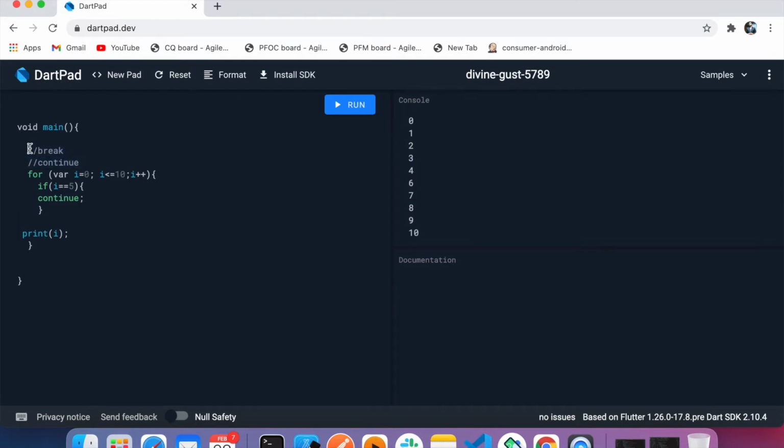So now the basic meaning of break is to break the loop, and continue means to continue the loop. If you're using break, it will break the loop when the condition is true, and it will stop printing, and it will stop the loop by the given condition. And what is the meaning of continue? Continue means it will escape the given condition. Perfect. Now let's take another example.